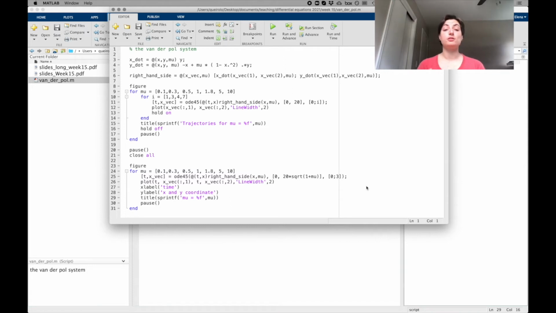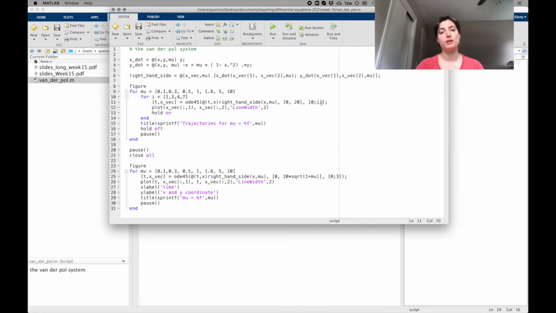I created this little code to try to gather this numerical evidence. So what I do in the first couple of lines, I define my right-hand side, note the dependency on mu. I put it all together in the right-hand side because at times it is more convenient to run it in one time. Then in a for loop, I take different values of mu, and here I'm using it as an